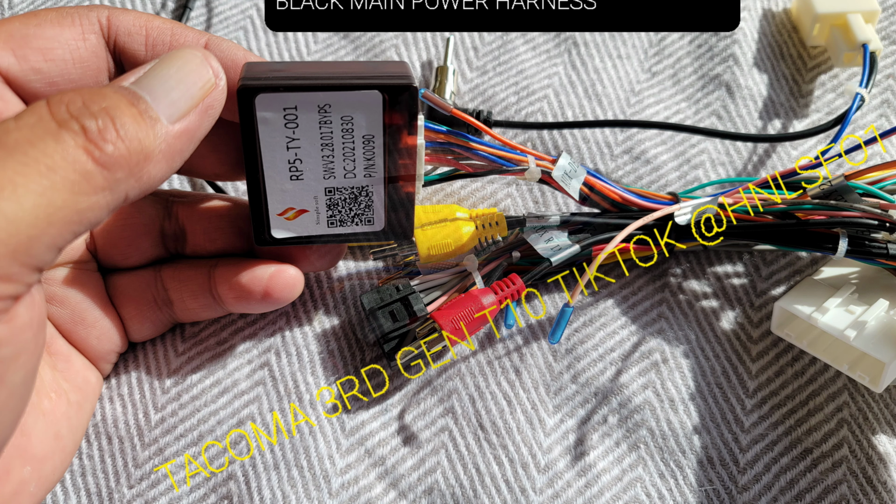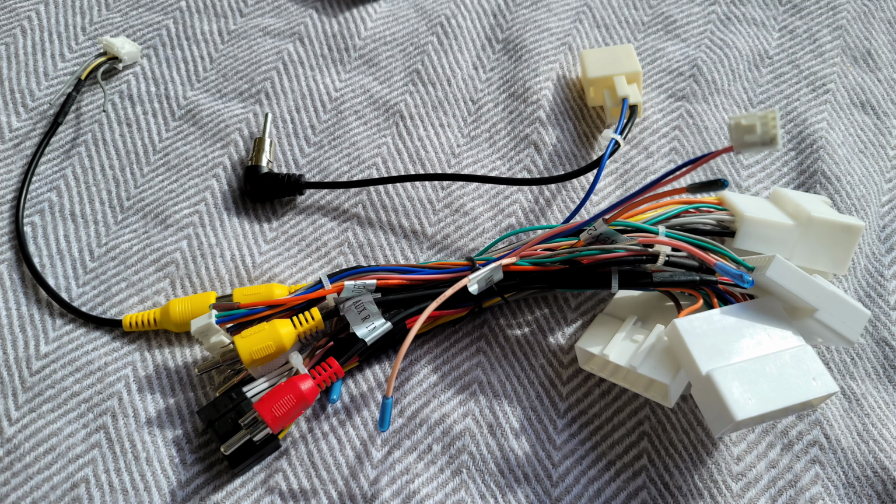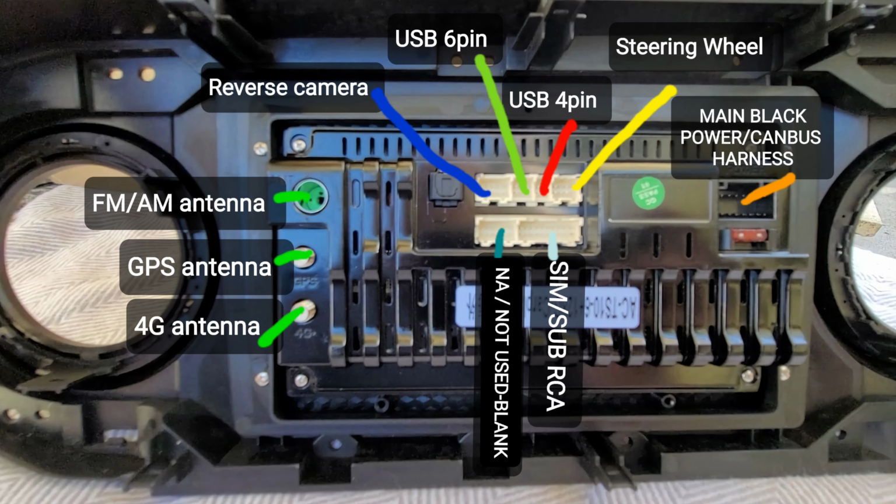In part 2, we will address where each wire from the T10 black main power harness is connected to on the back of the T10. We will also address the additional wire connectors, such as USB 4 and 6 pin, reverse camera, steering wheel, dedicated SIM card tray, and subwoofer, and RCA connectors, GPS antenna, 4G 3G cell and Wi-Fi antenna, along with the optional